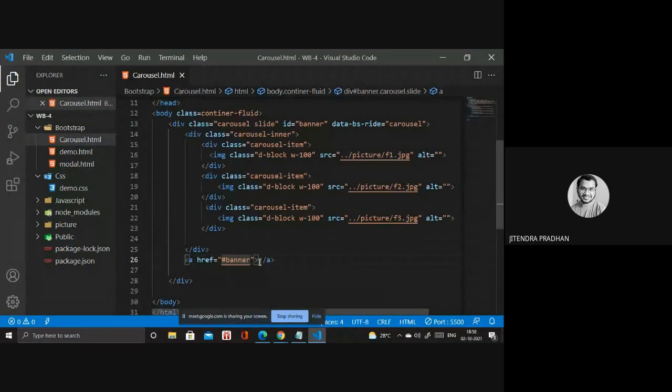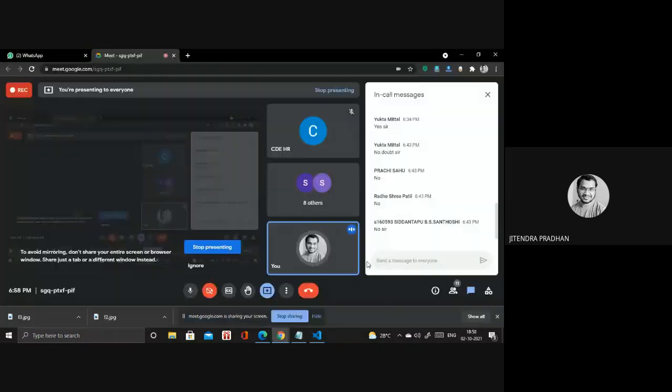Okay, so you are giving something in that anchor, that's why we need something like an id or link, whatever.